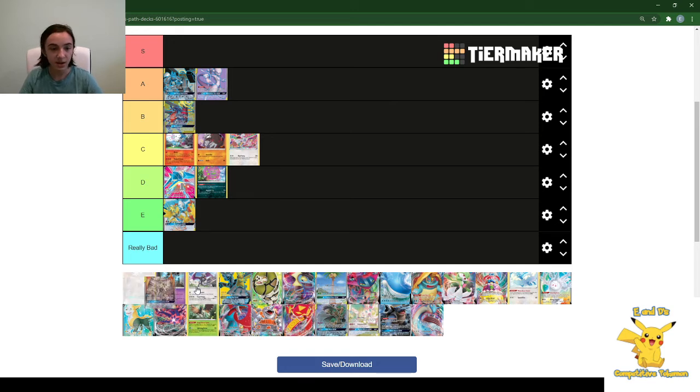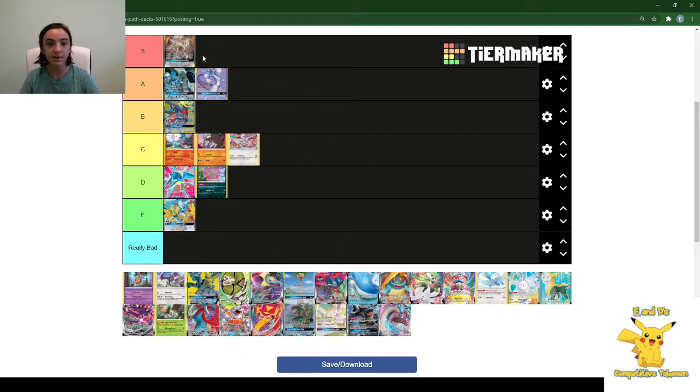So our first S tier deck is of course going to be ADP Zacian V. As much as I dislike the deck and think it kind of takes away from a lot of the creativity in the format, it's unchallenged as either the best or second best deck in the format. Probably to Eternatus. But it's super, super strong. Alter Creation is an absolutely broken attack. I think ADP takes really, really good matchups against mainly stuff like...